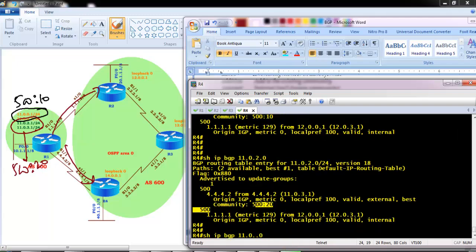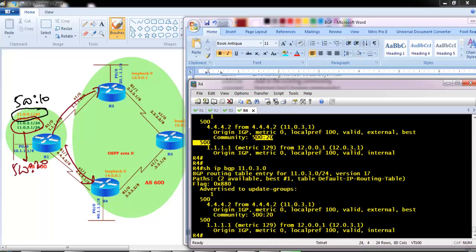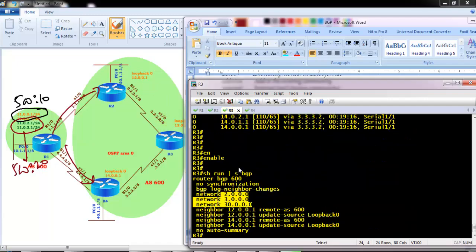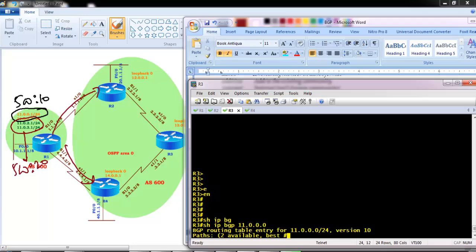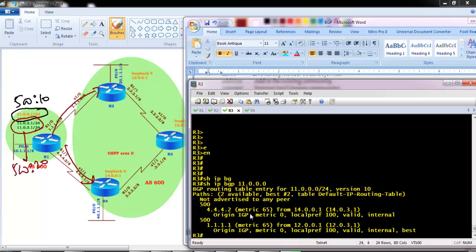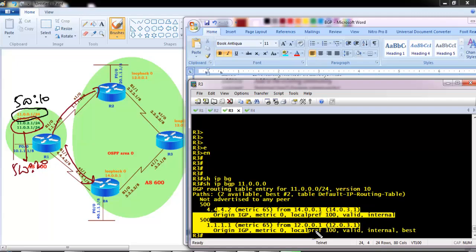Now this is going to confirm that the community value is applied along with the BGP updates, because router 2 is receiving with the community information. Now if you also want to pass on this community information to router 3, by default when router 2 or router 4 advertises the network to router 3, it is going to receive the network, but the community value will be automatically removed,